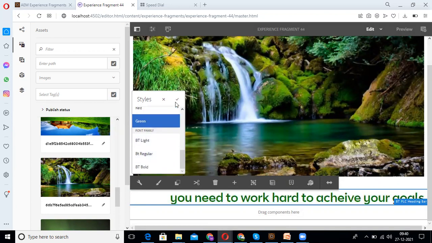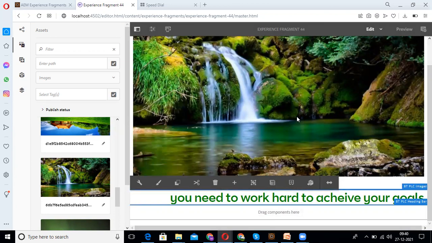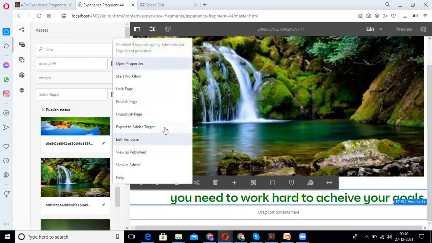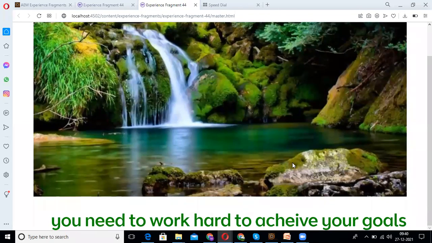Green, I am going with green. See, now the content is successfully created on the experience fragment. We can view how that content was created. So our content is created here.